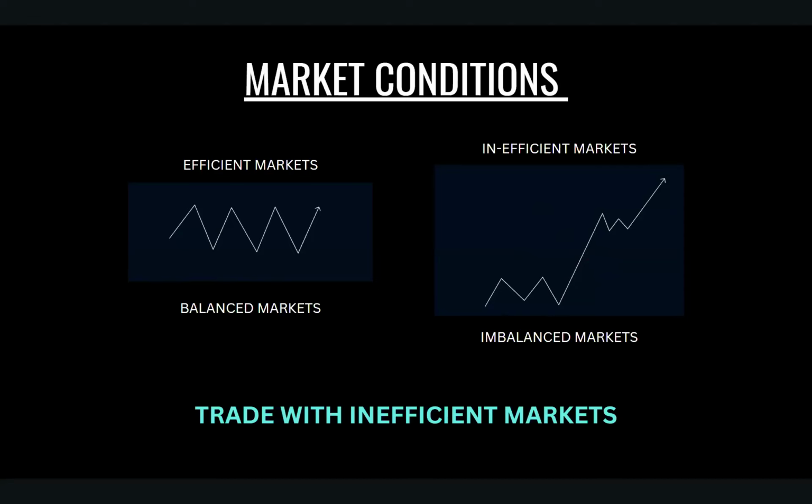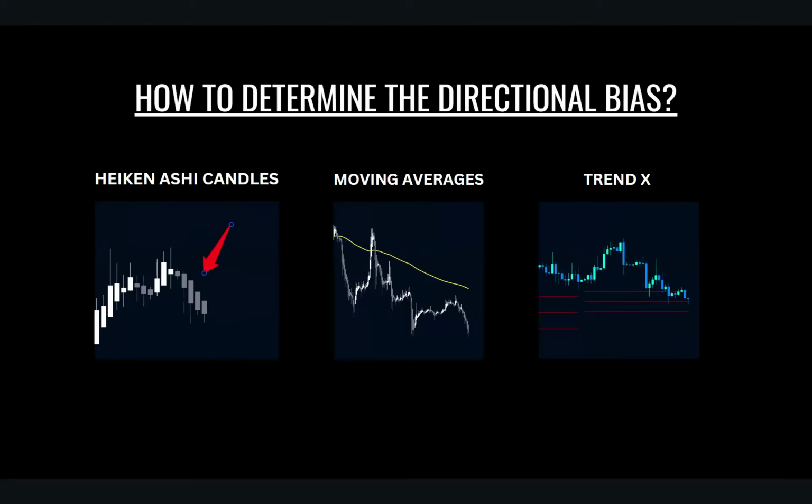So we can immediately get in on the lower time frames, anticipating that we've got this rush of new money that's entered the market, and it can give us a big clue as to what direction the market is going to be moving in. So how do we determine directional bias? There are a few different methods to determine directional bias, and I'm going to share 3 with you today that you can use. A lot of this we've already covered in the training,